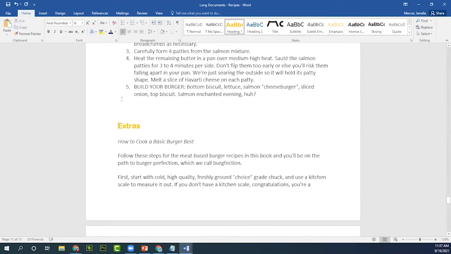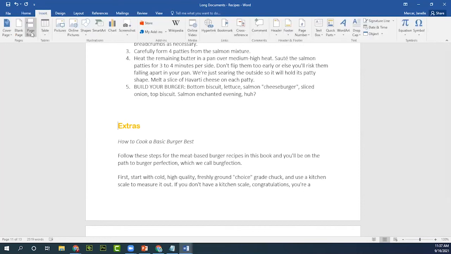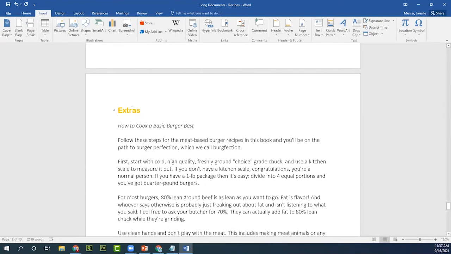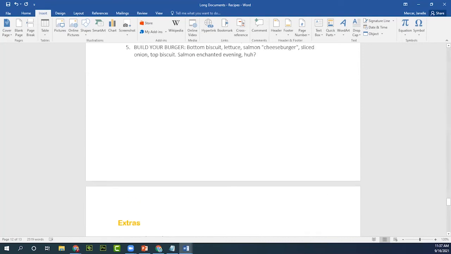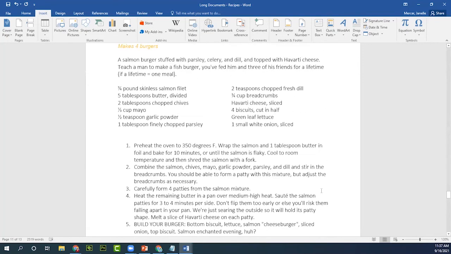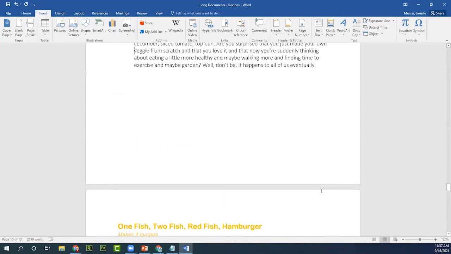And then we also want this on its own page. So we are going to insert a page break there. And now extras is on its own page. And now extras is on page 12. And if we go to our table of contents,